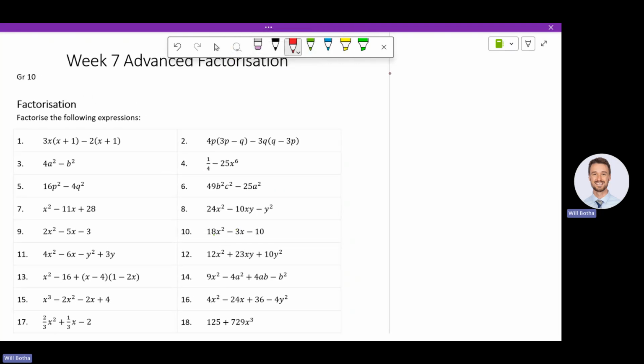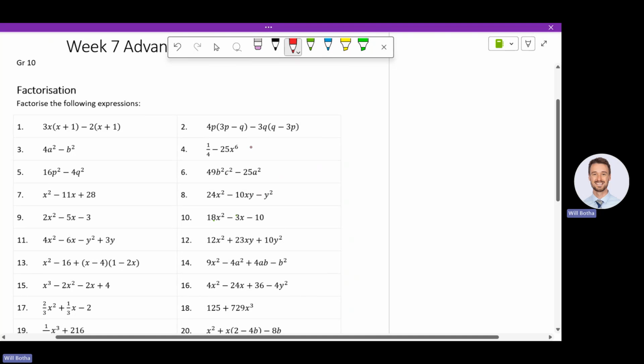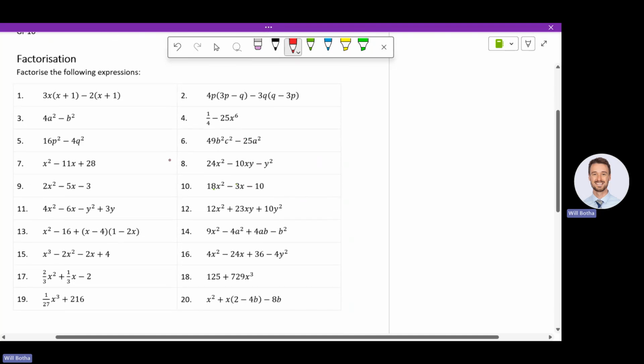All right, so here we go. This is factorization. It's all mixed up. What I want to do today is I just want to say, there you go, 20 questions. Each of you do all 20 questions. Tell me where you get stuck. I'll help you on the board. If you're done, you can go home. But the idea is not to go home as soon as you can. The idea is to walk out here and say, I know that I'm 100% with all the types of factorization. Don't leave because you want to leave. Leave because you know there's nothing else you want to ask.